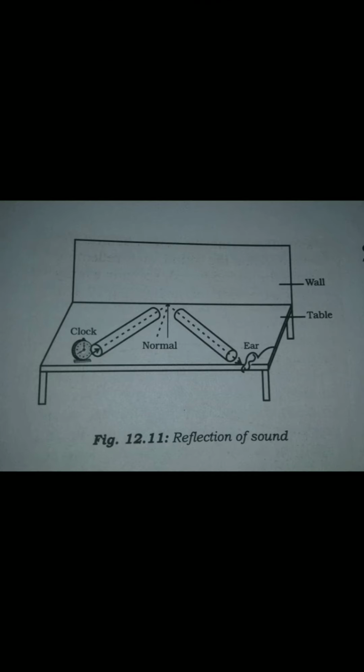If we take the speed of sound to be 344 meters per second at a given temperature, the sound must go to the obstacle and reach back to the ear of the listener on reflection after 0.1 second. Hence, the total distance covered by the sound from the point of generation to the reflecting surface and back should be at least 34.4 meters. Therefore, for hearing distinct echoes, the minimum distance of the obstacle from the source of sound must be half of this distance, that is 17.2 meters. Otherwise, even if there are two sounds, we will hear only one sound.